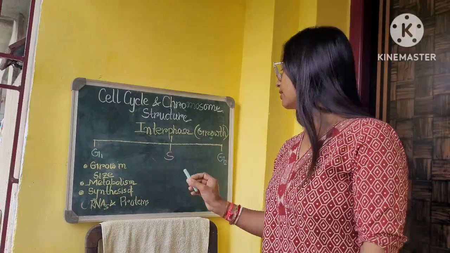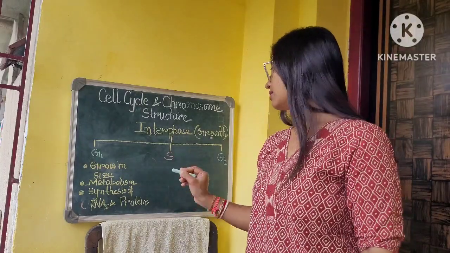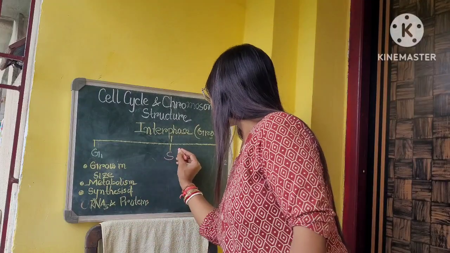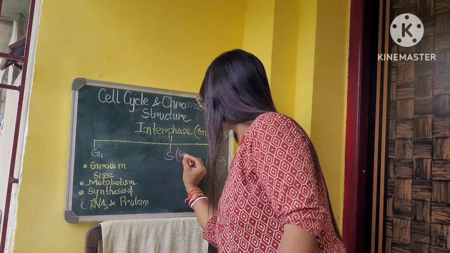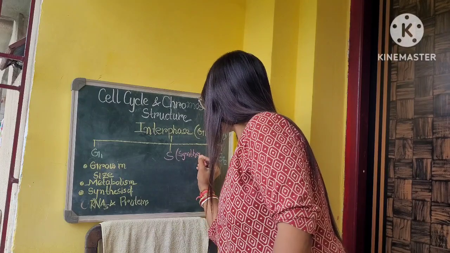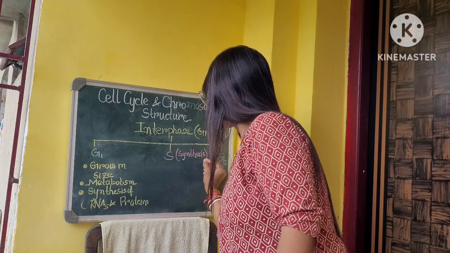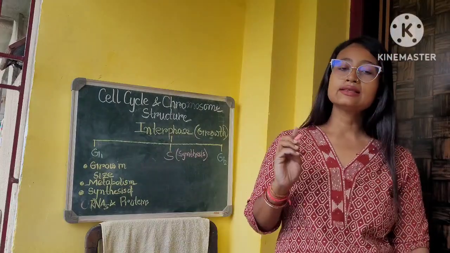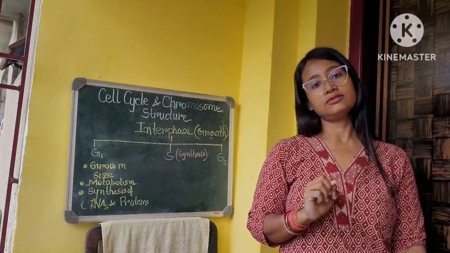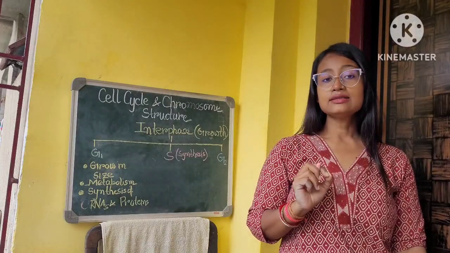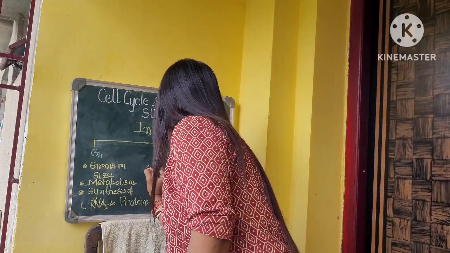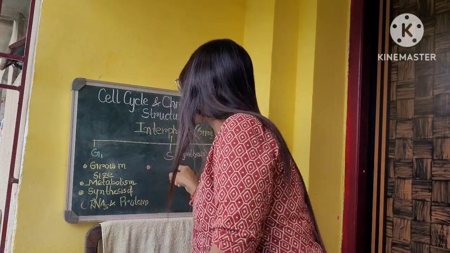After that, the phase is named the S phase. This S means synthesis. What things are synthesized in this phase? The most important thing of the cell. What is that? That is chromatin or the DNA. Okay. So in the synthesis phase, or S phase,